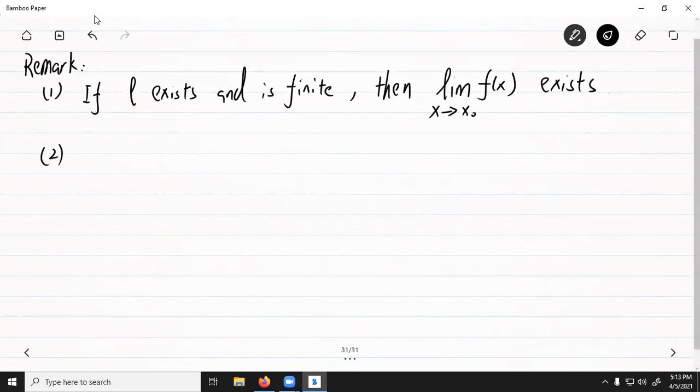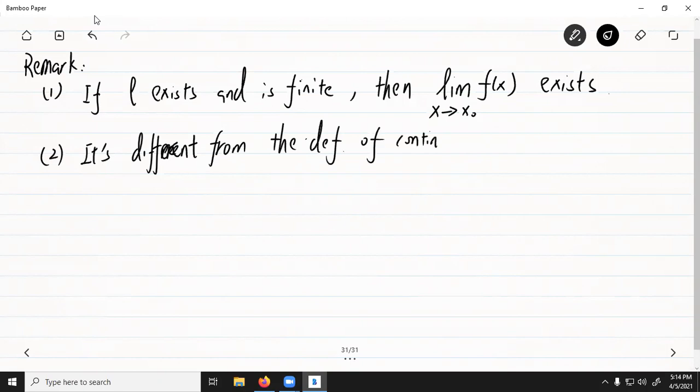Okay. 2. Let's look at it, it's different from the definition of continuity. The continuity says, okay, x0 is inside D, and we have a sequence xn, every sequence xn approaches x0, then f of xn will approach f of x0, right? So now what's the difference? It's different from this definition because